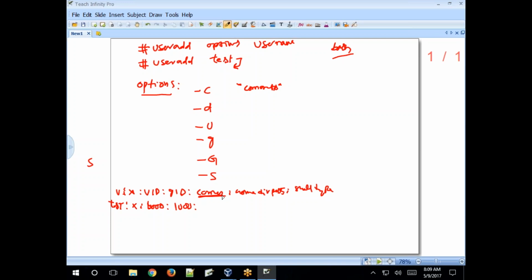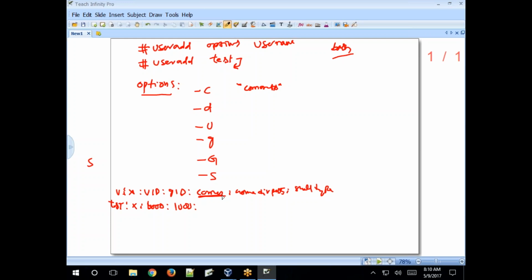By default, when you create a new user, the user's home directory will be created. The default home directory path is /home. If you want to set another directory as the home directory, then use -d and specify the path of the directory you want to use as the home directory for the test user.